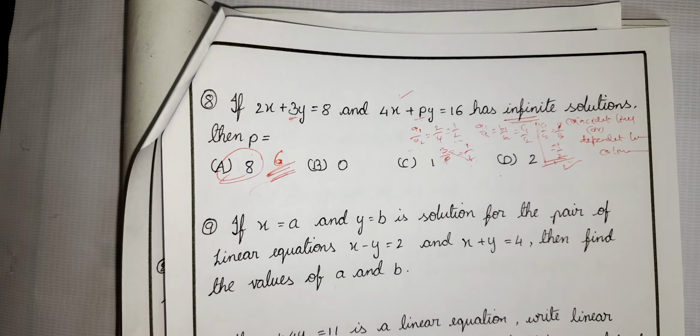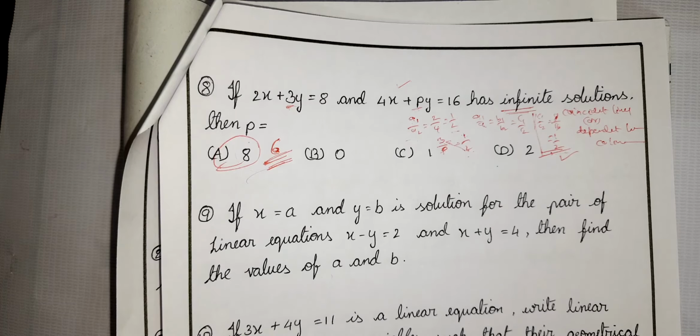It's very common that usually in mathematics there will be some mistakes in the paper, maybe a plus sign, a minus sign, or a constant value, or something like that. So never panic just by seeing a mistake. If you find a mistake, just inform your invigilator so that if they get any instruction of change of the question, they will change it, or else you attempt the question. Don't leave the question.